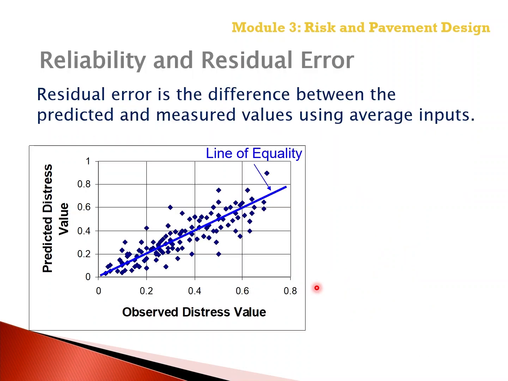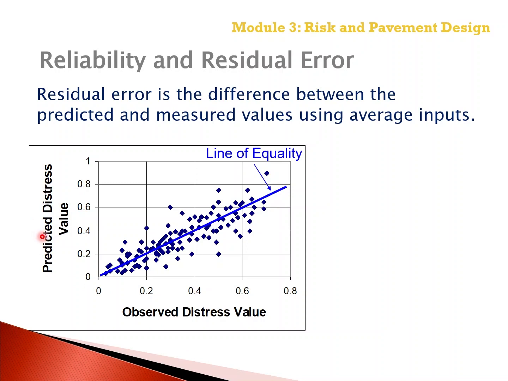To graphically illustrate that, the residual error, to start with, is the difference between the predicted and measured values using the average inputs. Again, it's important to remember we're using the average inputs. So we show a graph here of the observed distress value, whatever the distress is, versus the predicted value based on using average inputs. And this simply shows the line of equality from observed and comparing observed to a predicted